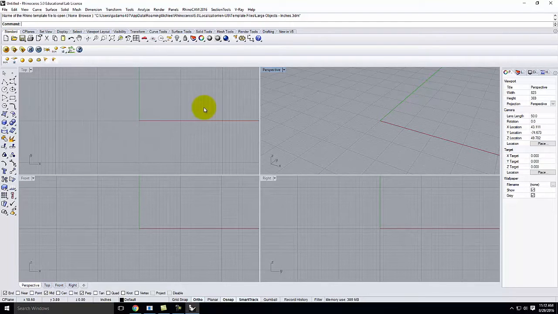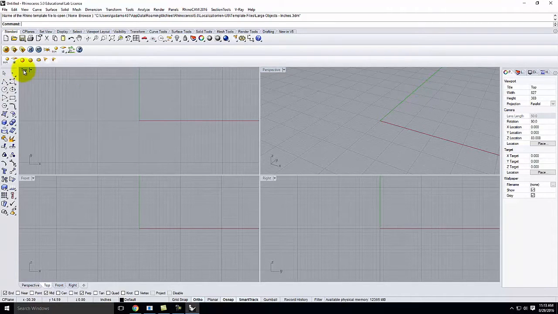Your speed will improve dramatically as you start to use the command line. So I like to at least show you what the commands are and get you thinking in that direction. Okay? All right, so we're going to start by drawing the shape that's in the lower right corner of your